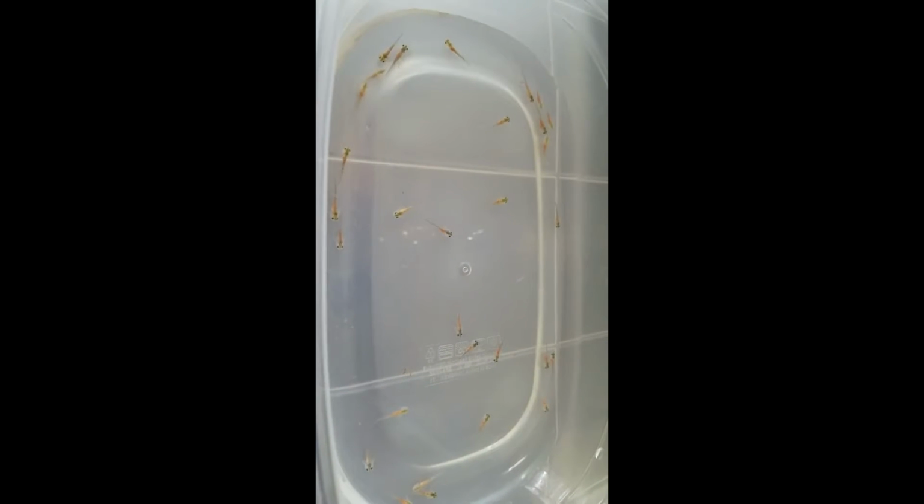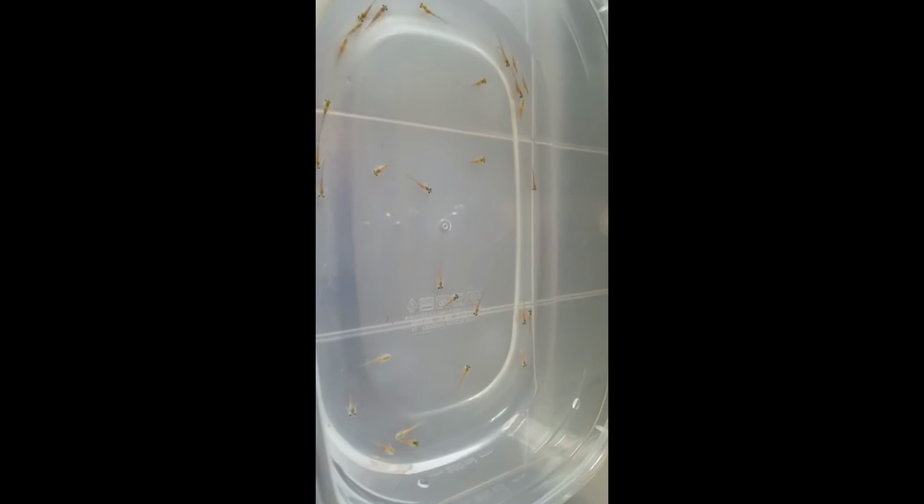So I'm going to be researching today to see better ways of cleaning out this tub. I also don't like catching them in a net because it's very hard with these guys. It's not like they have a lot of water. So these are the 30. But hey, I didn't just buy those. I also bought